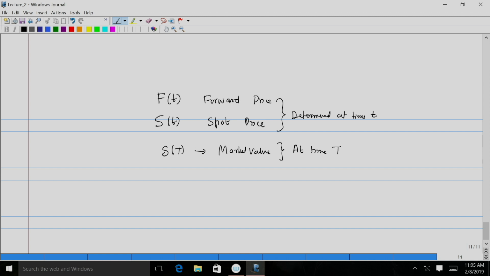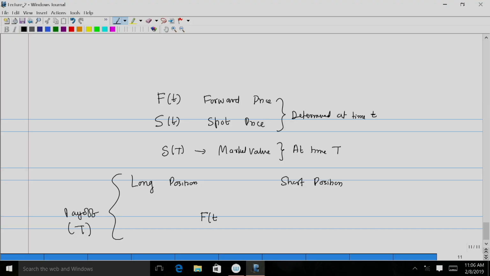So then let us look at what is going to be the payoff. The payoff for the long position and the short position, what is going to be the payoff? For the long position, this is the person who buys the asset. At what price do they buy the asset? The payoff will happen at time capital T. The person who buys the underlying asset, the stock, pays the agreed price of the forward. What was the agreed price? The agreed price was F_t, and since they are making a payment, we will put it as minus F_t.